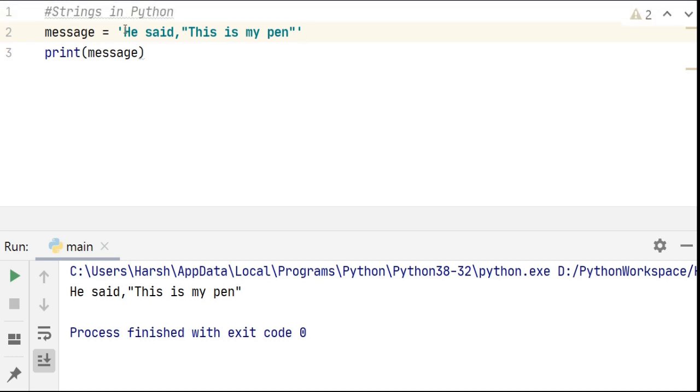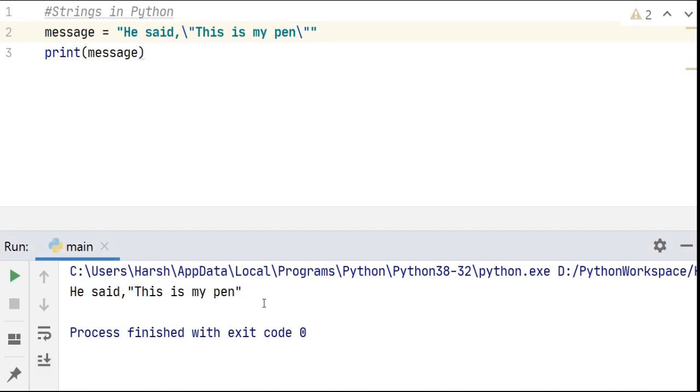So let's say we have this string and we want Python to consider this double quote as it is. So I will just put a backslash before it and even at the end of the string representing this double quote. Now it wouldn't matter if I use single quotes or double quotes, because this backslash is telling Python that I want to print this as it is. So let's run it, and here we get the output as it is. Now if I use double quotes instead of single quotes and then run it, we will get the same output.